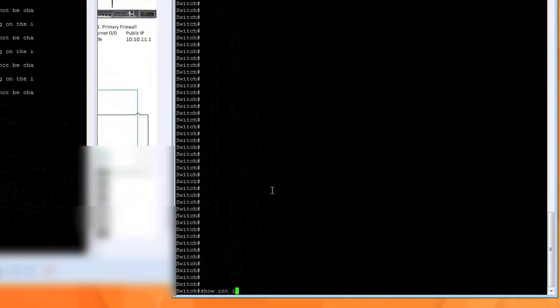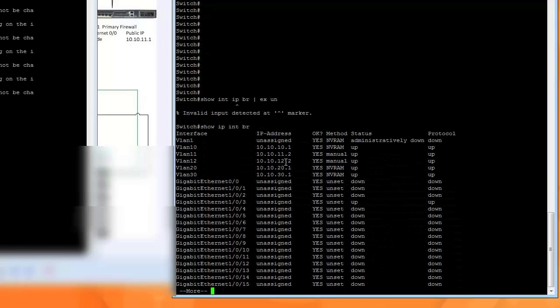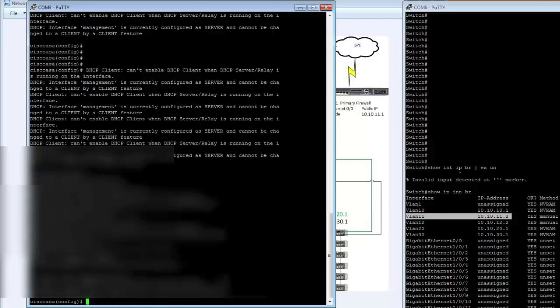Show interface IP brief. Show interface brief. See that? For VLAN, that's the IP 11.2. So 10.10.11.2 will take care of the routing on the inside. Alright, so once we do that, then we need to